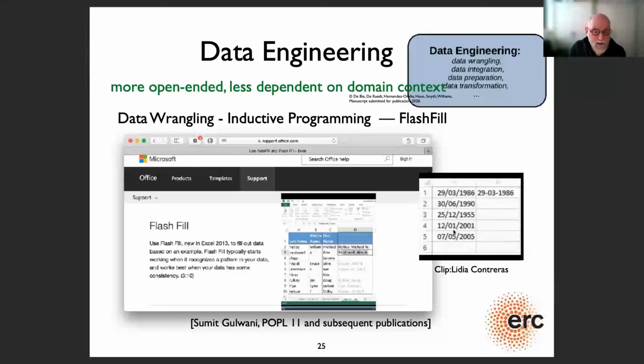So you can, for instance, learn to look at names where you have, for instance, William Cohen. You could abbreviate that as CW, the initials.